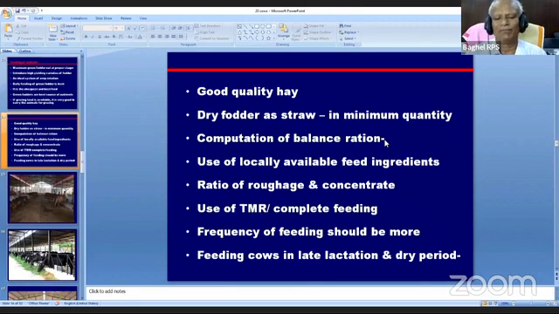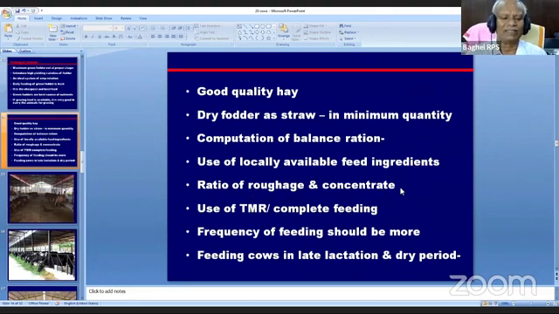So kindly get the formula, but one formula will not work. It will change as per the type of feed used. So try to get a balanced formula for your animals, by which you can prepare an excellent quality, scientific, well-balanced concentrate mixture, and that should be fed as per the need of the animals. For preparing an economical balanced ration, locally available feed ingredients should be used in large quantity, and that will economize the production of concentrate mixture.